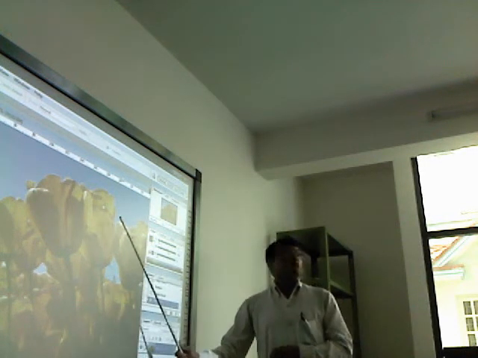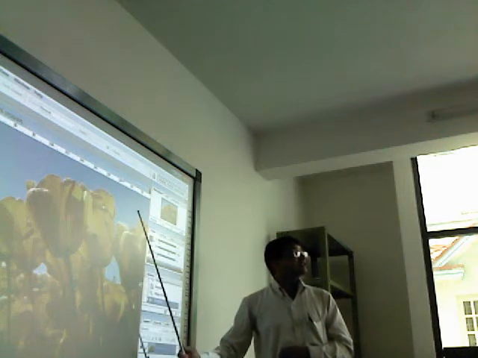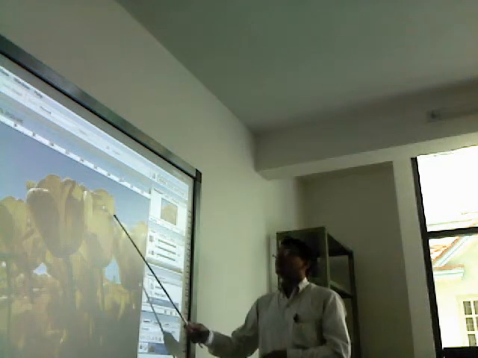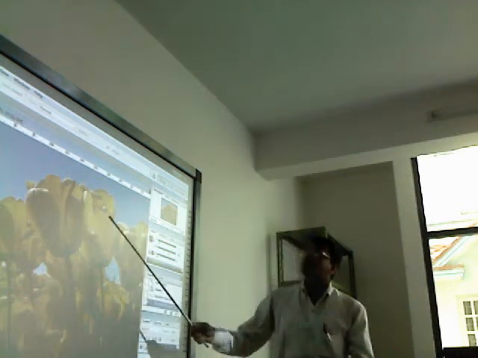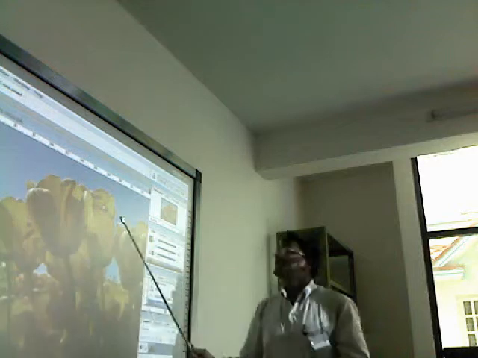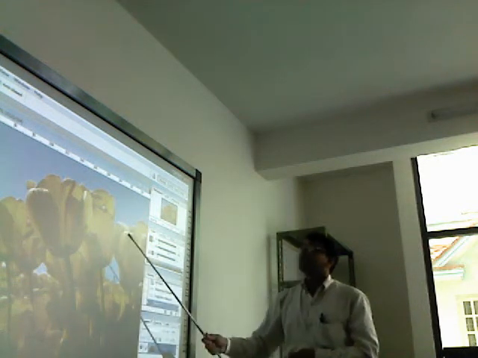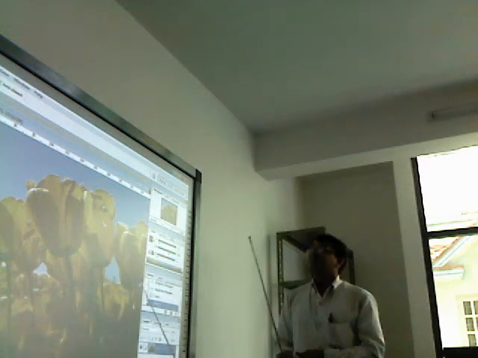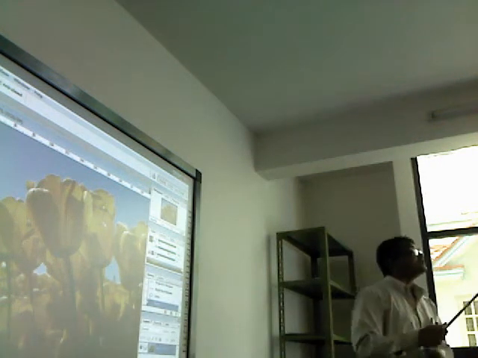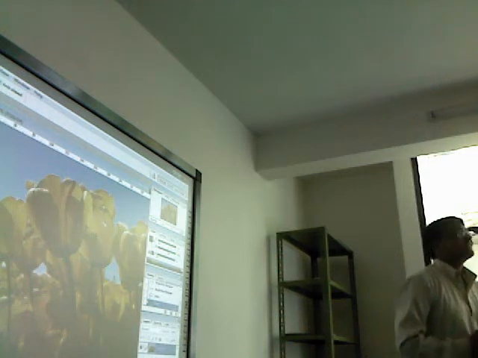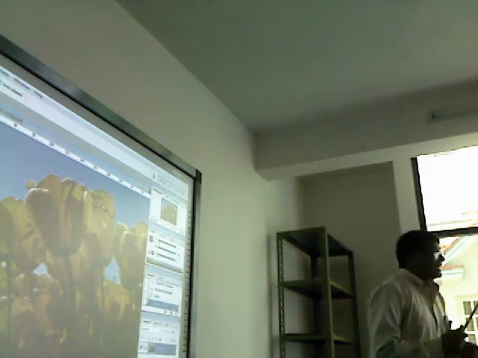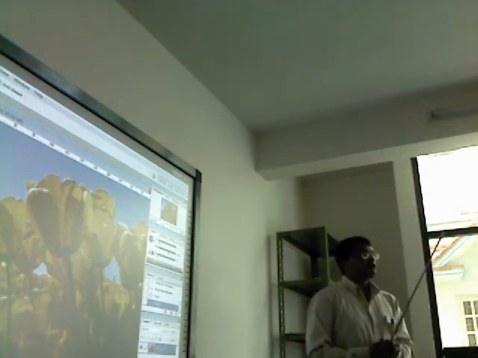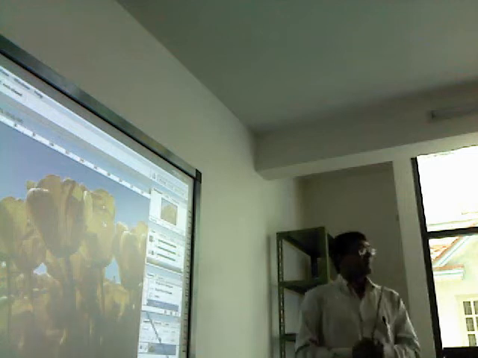If you want to select only this portion of the picture, only this shape, you can drag the lasso tool and select the area in this way, dragging the mouse inside the picture area where you want to select. Clear? This tool is used to select the required area by dragging the mouse.